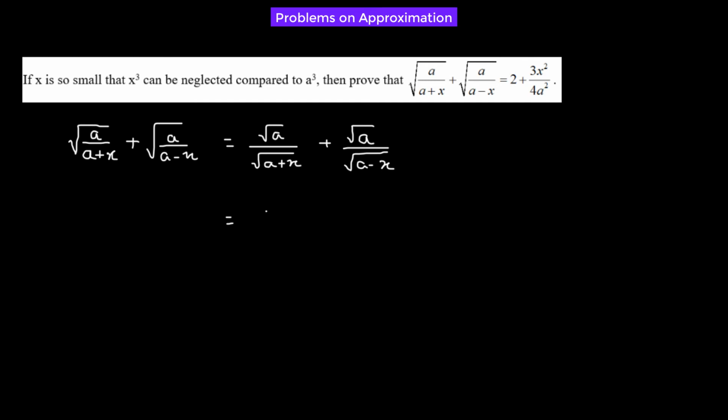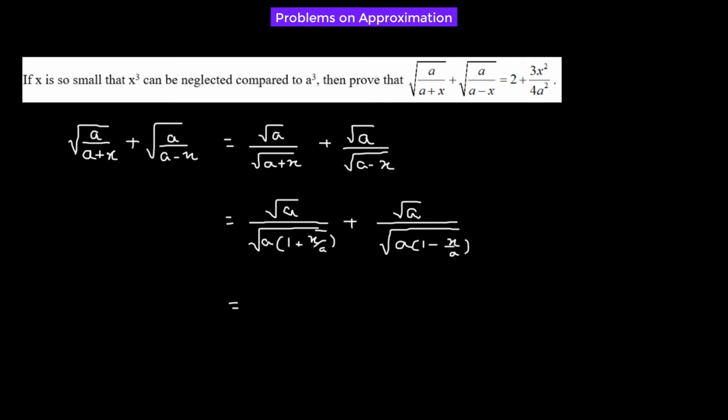Now we're going to factor out a, so that would leave us with 1 plus x over a. Similarly, for the second term, we have square root of a divided by square root of a times 1 minus x over a. Then we pull out the a,